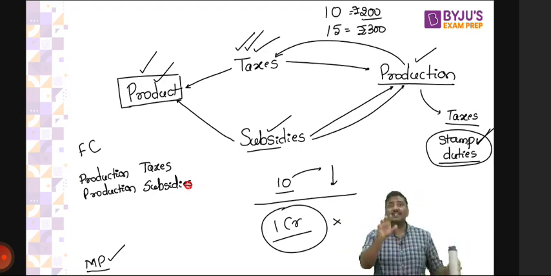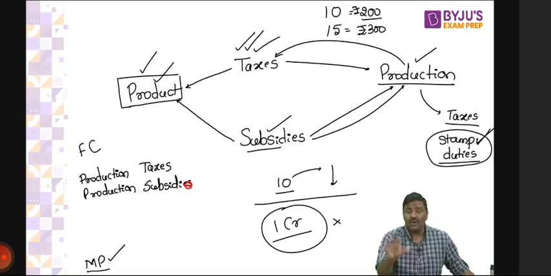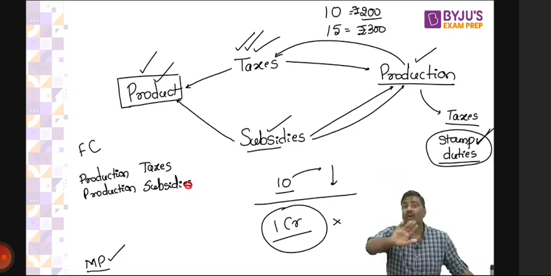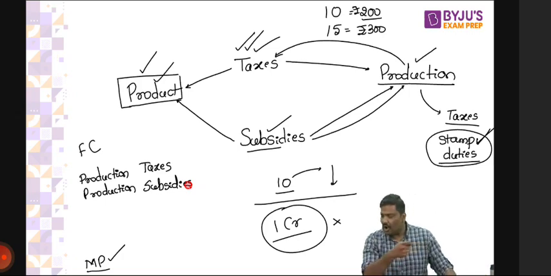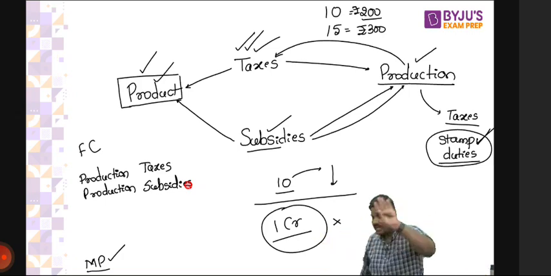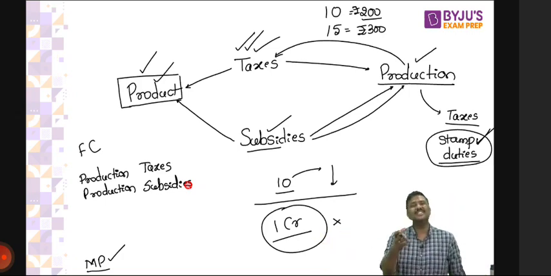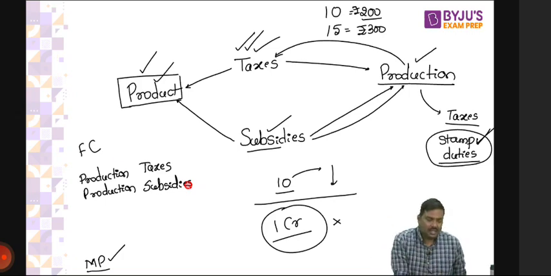This is how business actually works. Do not try to find fault with this model. It is how it should be. If you are manufacturing, any cost that you have paid for the bottle, you will transfer it to customers. Now again, don't focus on stamp duties. Focus on the discussion. UPSC will not ask you about stamp duties. I gave you one example. So you start from the factor cost.